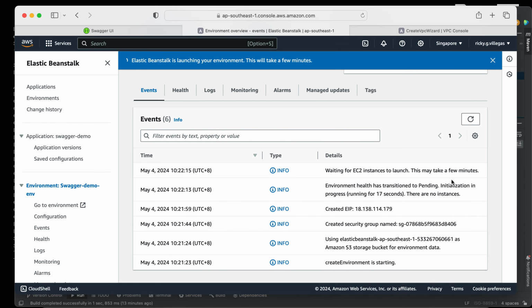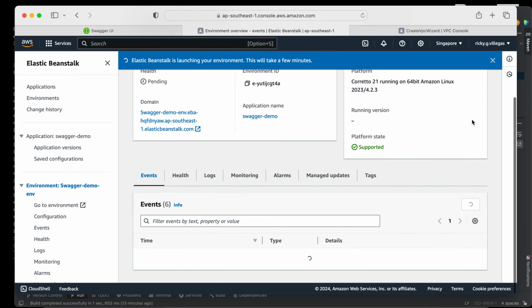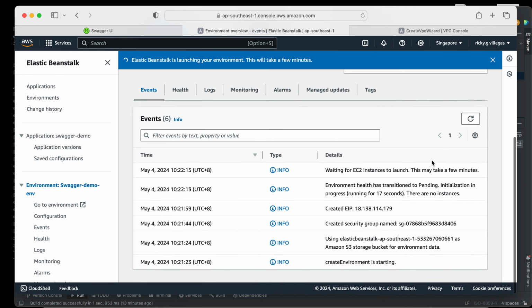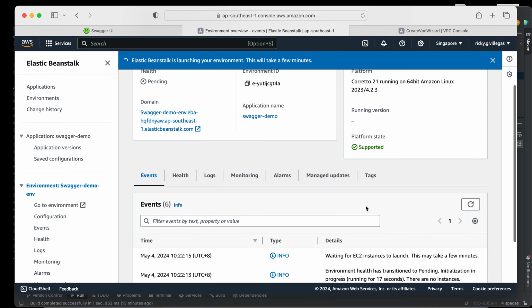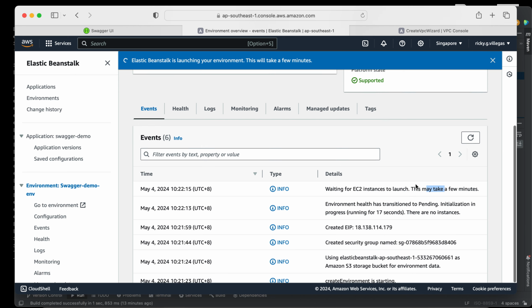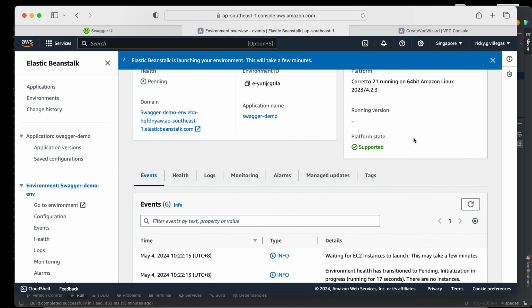Here the environment health has transitioned to pending: initialization in progress, waiting for EC2 instance to launch. This may take a few minutes. Okay, let's wait a bit.